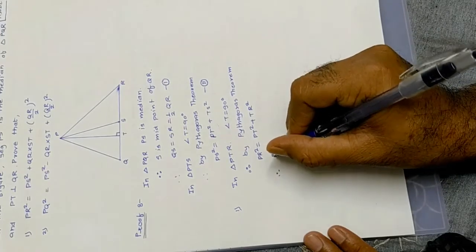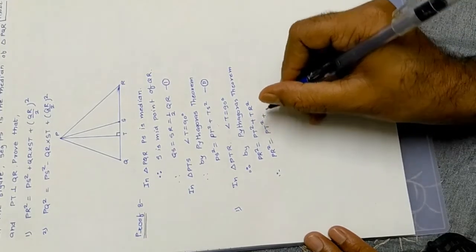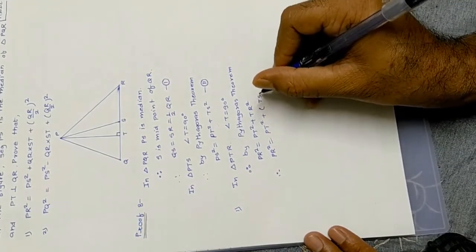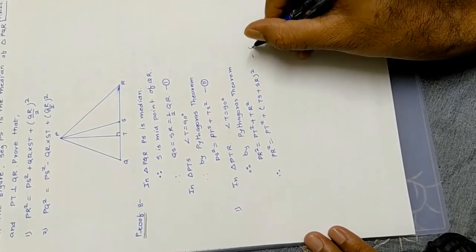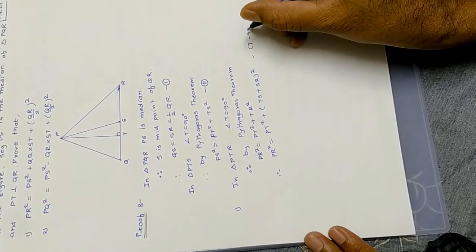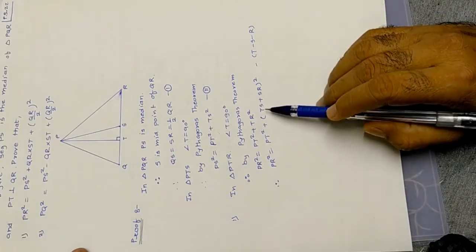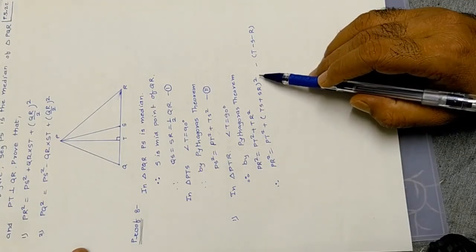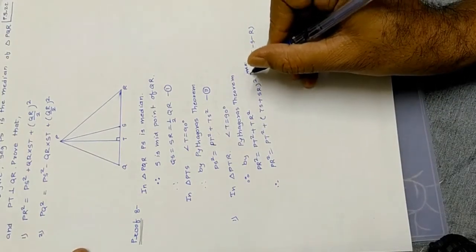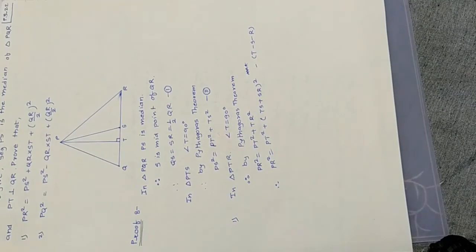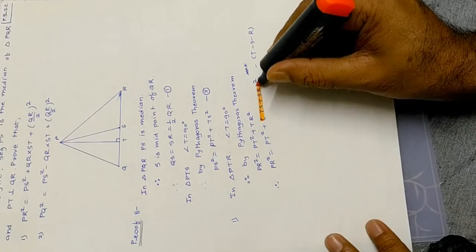Therefore, PR square is equal to PT square plus bracket TS plus SR the whole square, and give the reason. T, S, R means these are collinear points. So TS plus SR the whole square. I hope clear to you all. So this is important step. If you want, you can make a star point over here. I'll highlight for you that what we have done it here. So this is the important step.